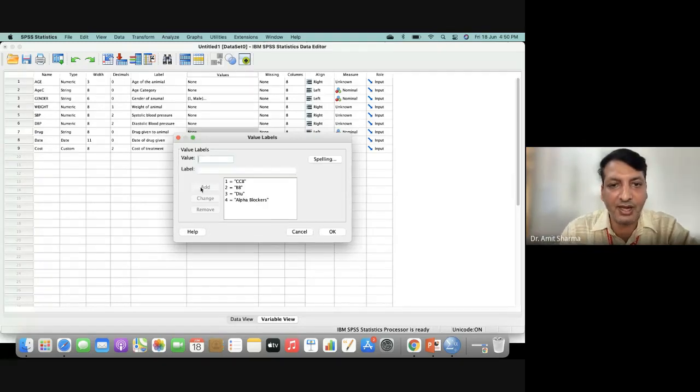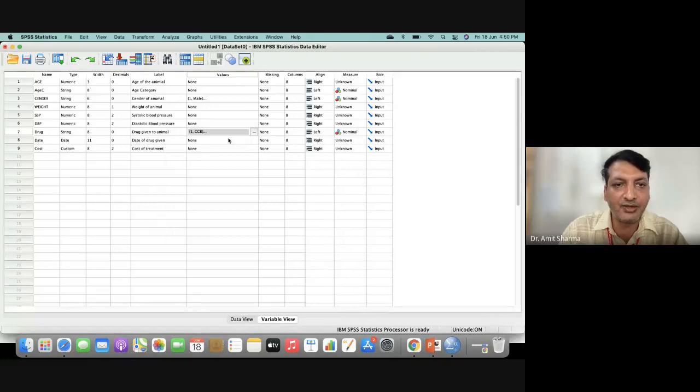Like this, I'm writing antihypertensive drugs. Like this, you can give the codings if you have, for example, 10 to 12 drugs in the treatment chart. So you have to add all 12 codes in the software.